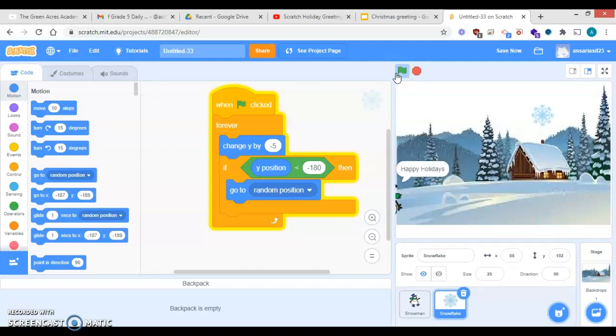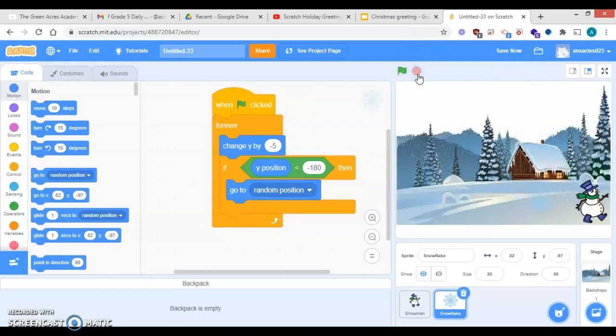As you are able to see, it is going to a random position, but you are able to see that the snow is falling from the middle of the screen or from anywhere on the screen. What I require is that the snow should be falling exactly from the top of the screen. Now how to do this part? Last part, that is set.